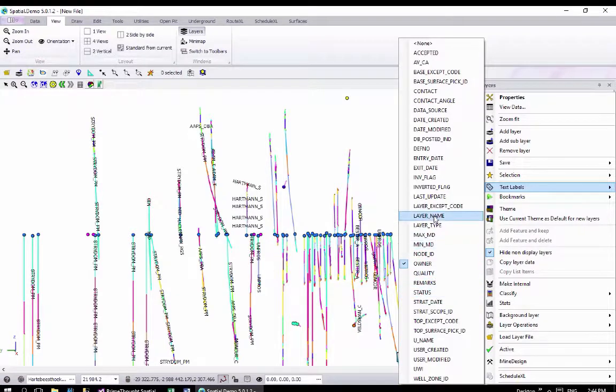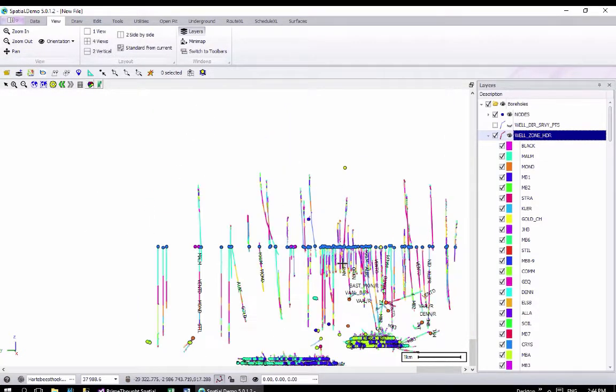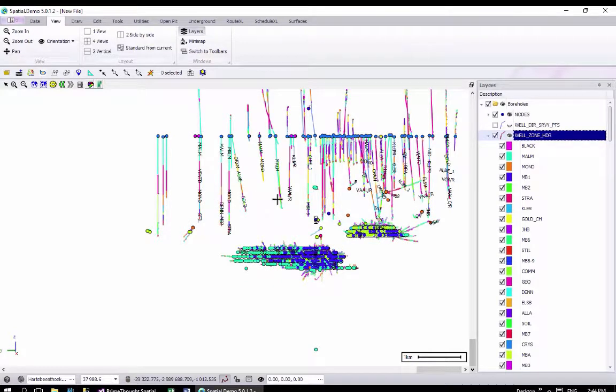Let's put it to layer name. It's probably a better example. So there we go. We have on the fly desurveyed and categorized all this stratigraphy for these boreholes. What I can do now to show you an example of the filtering we can do,